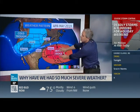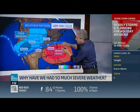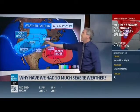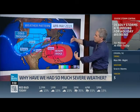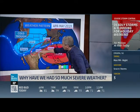Meaning, we knew that there was going to be a big-time ridge in the southeast. Very hot conditions, a heat wave, and essentially a very dry period. But to the west, we had a big trough. And in between, we had some really strong winds aloft, and that jet stream kind of moving around the Central Plains, all the while having access to warm and unstable